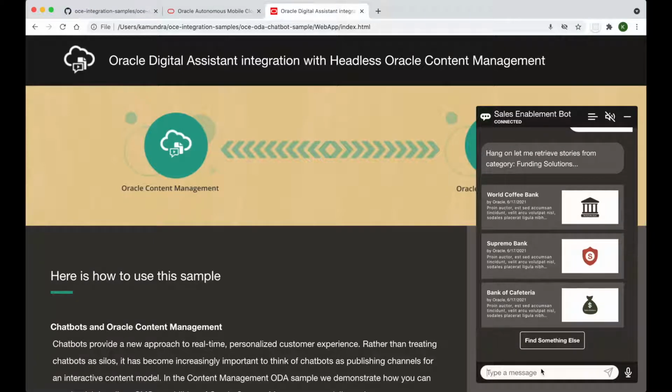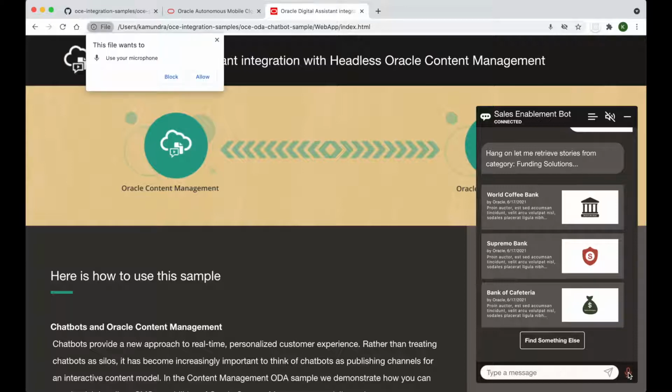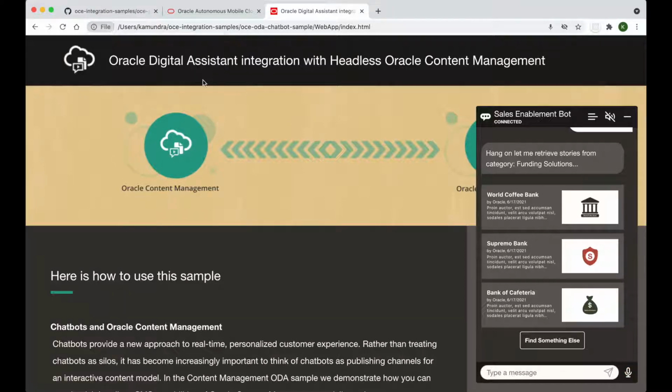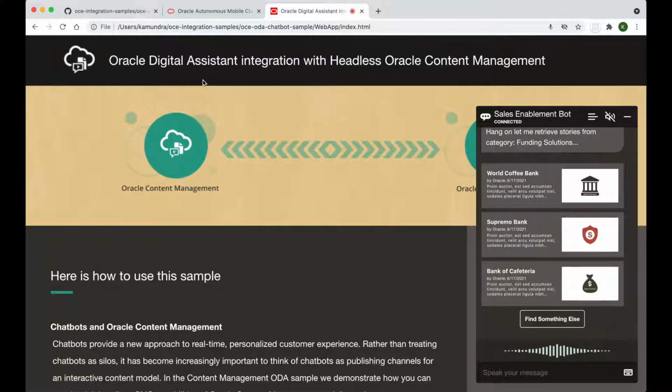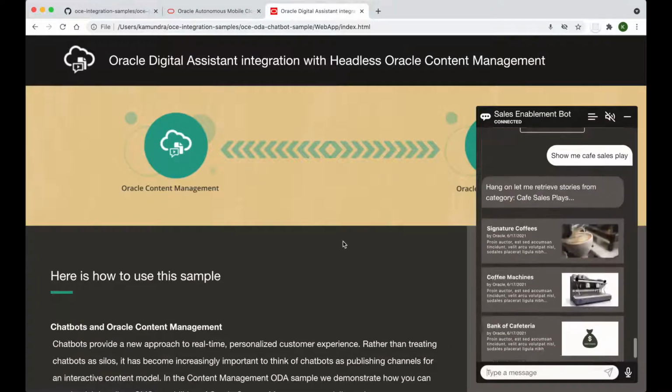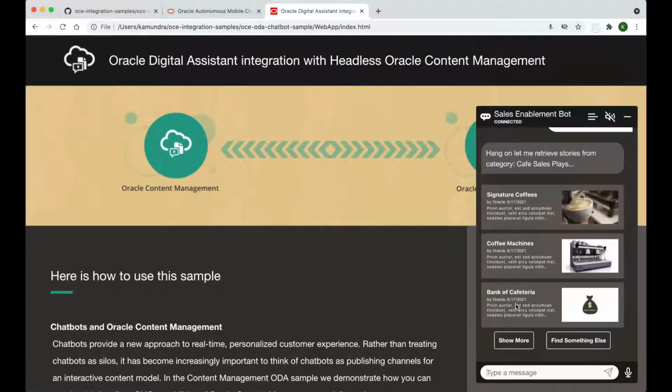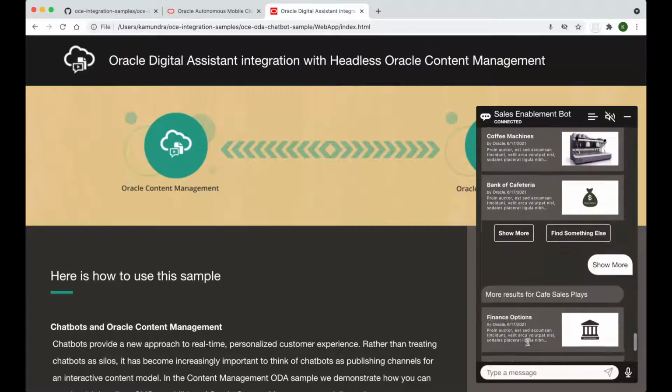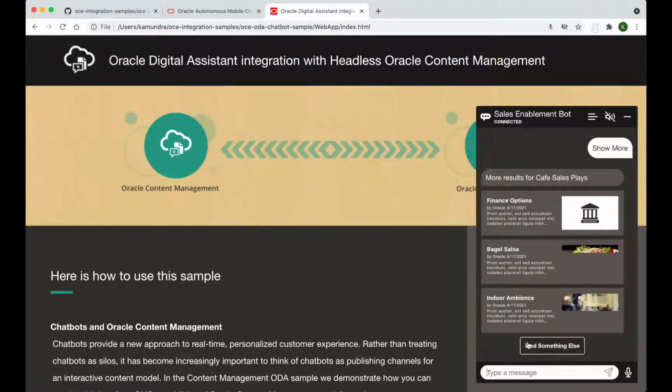The chatbot also has support for audio input and output. If I click on this mic and say "show me cafe sales play," it brings up the relevant stories. You can see more stories by selecting show more or start a new query using find something else.